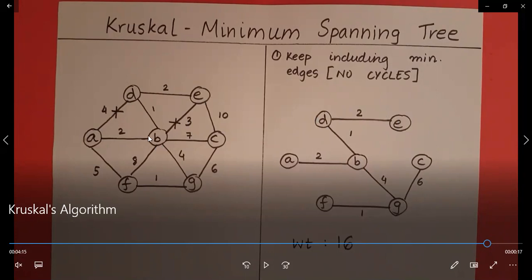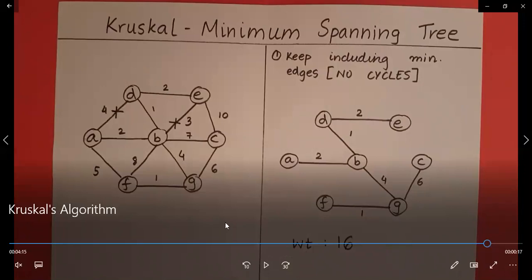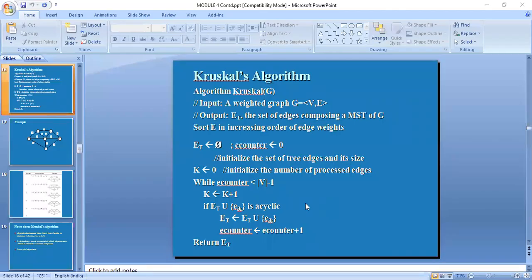Okay, next is 4, again there is a tie. Which one will you choose? A to D, but you cannot choose A to D because it forms a cycle, so we are discarding it. Have you understood? This is how we will be moving on with the Kruskal algorithm. So I think by this simple method you would have understood how to take it, but from the exam point of view, you need to have a table consisting of 3 different columns, where it will be showing how we are going to select it.